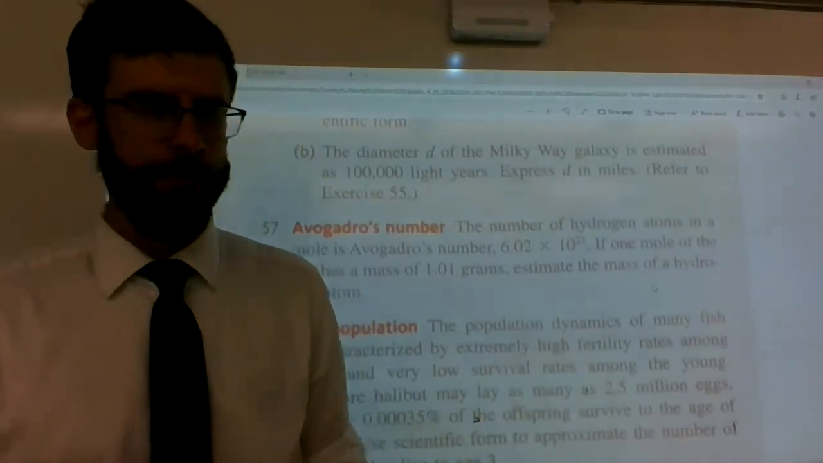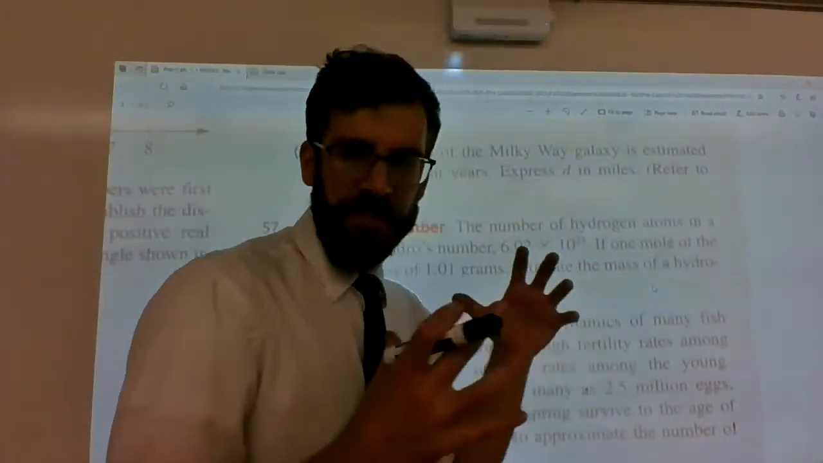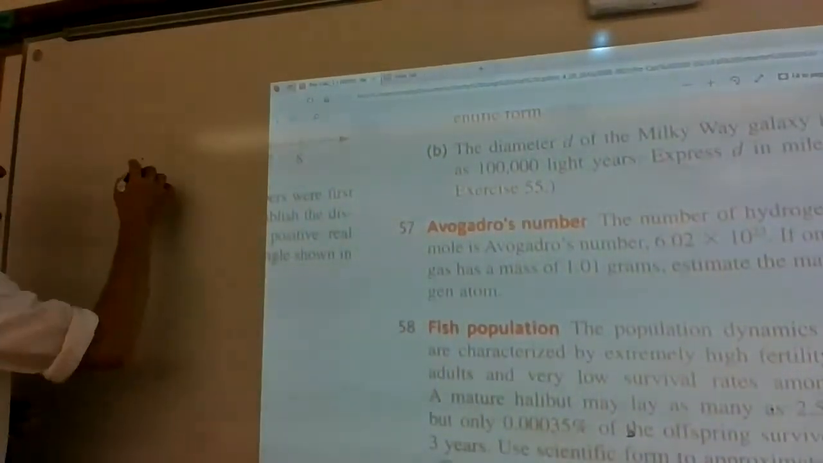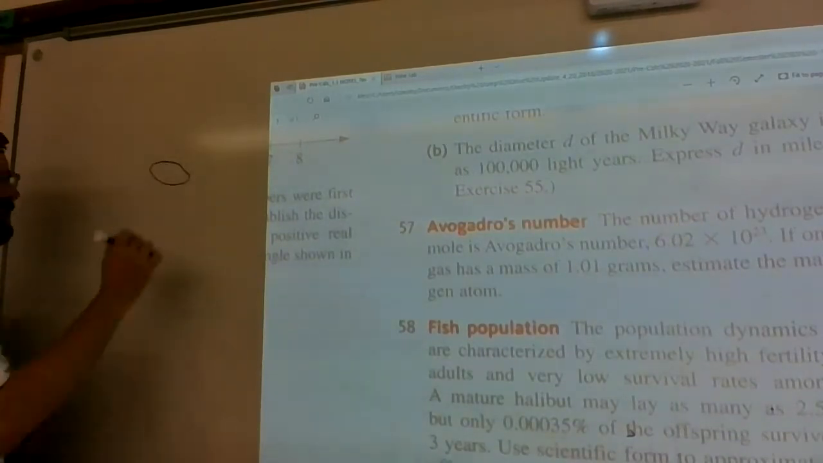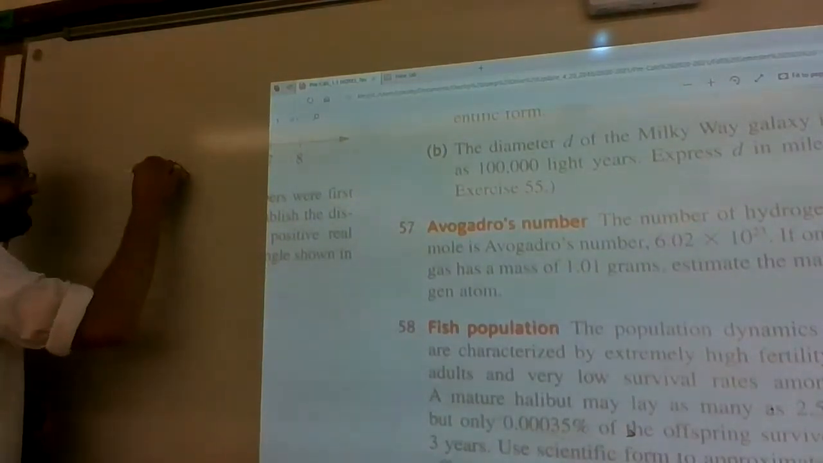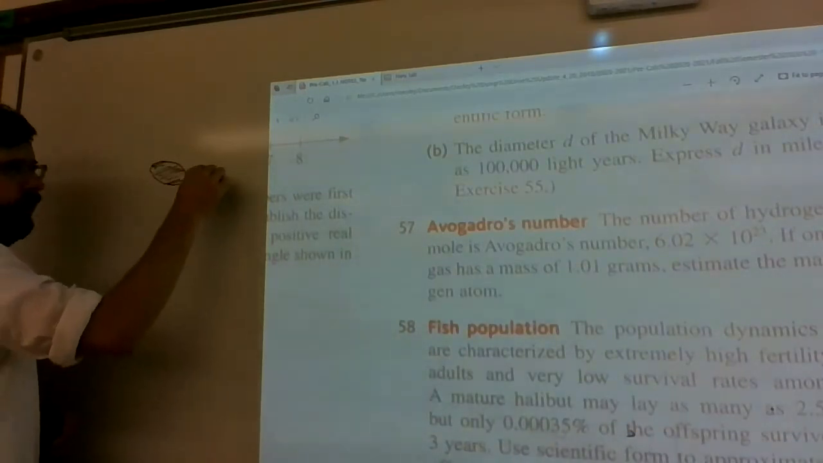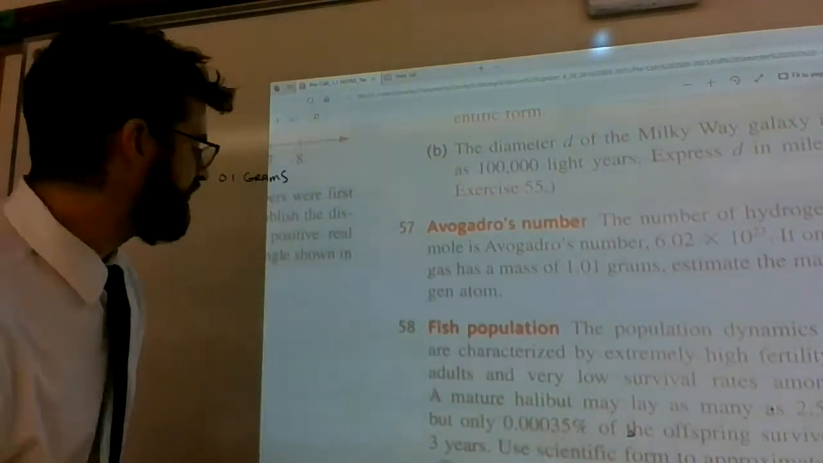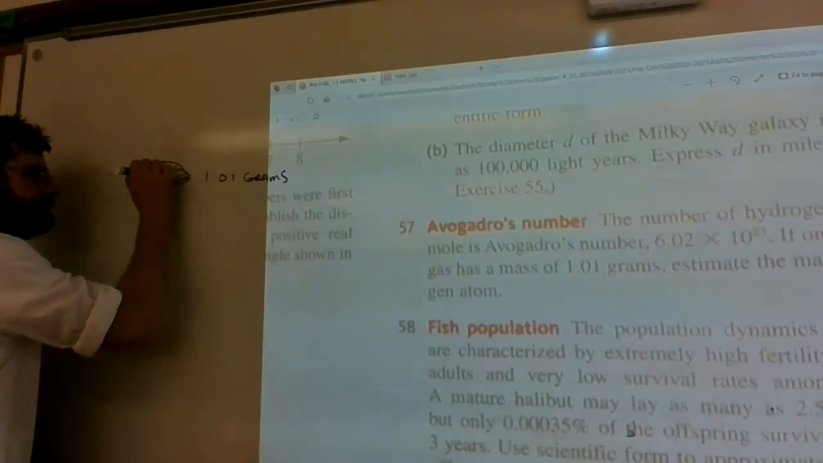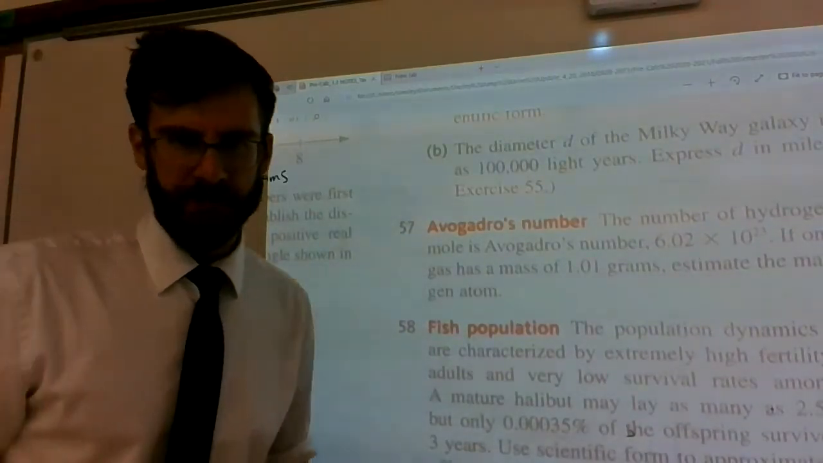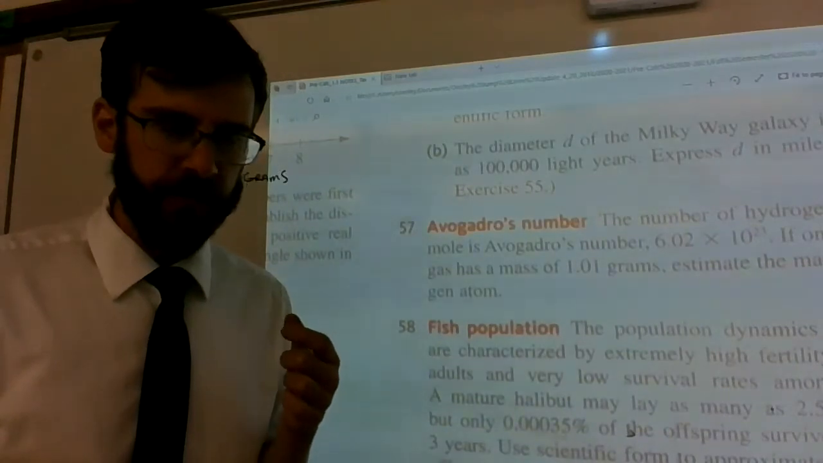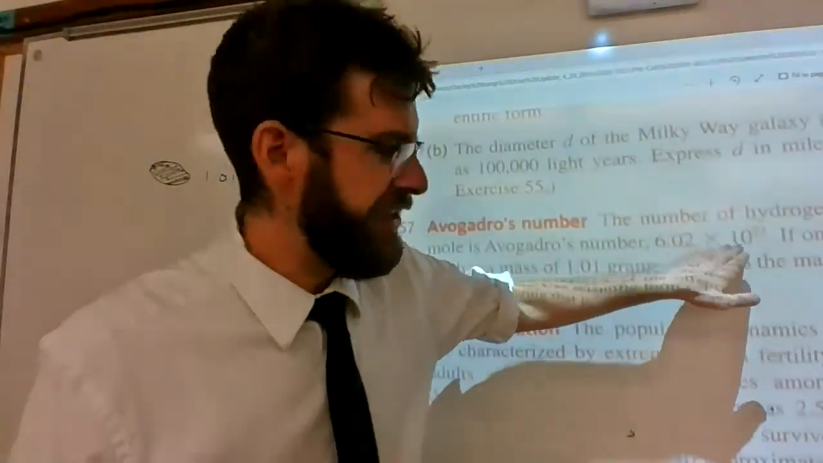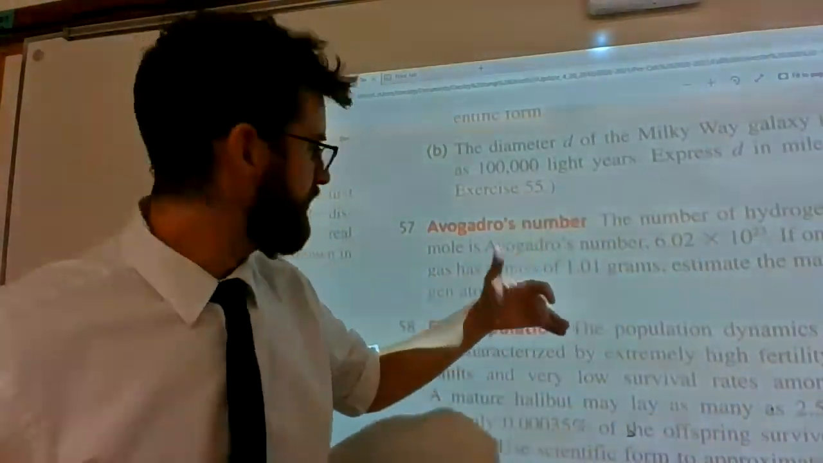So here's your perspective. The mole is the thing where all the atoms come together. Let's just pretend this represents the mole, and it's 1.01 grams. They're asking what the mass of each hydrogen atom individually would be. So in order to do that, the mole is just made up of this many hydrogen atoms, so I just got to divide